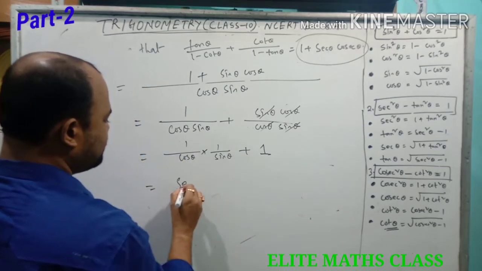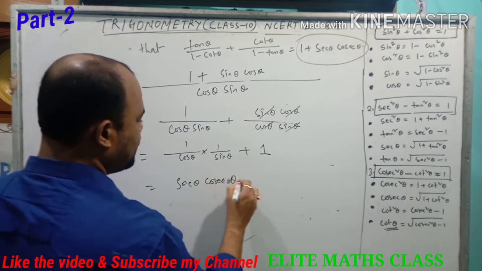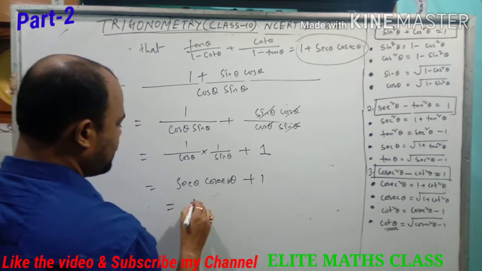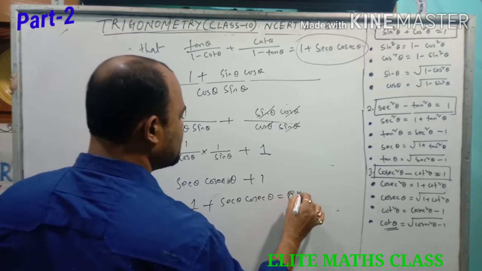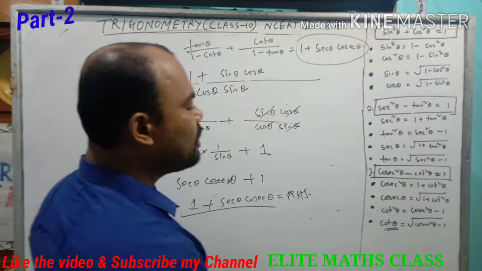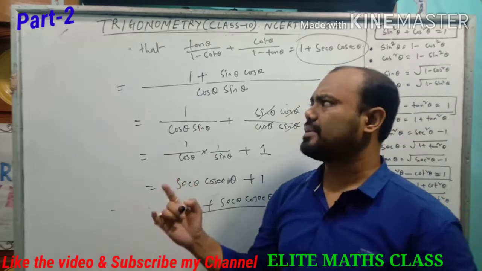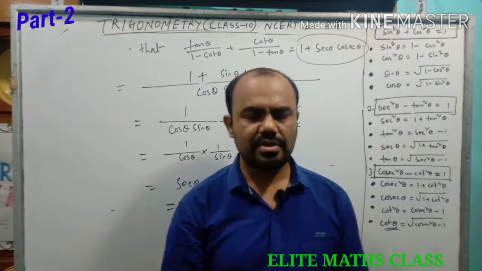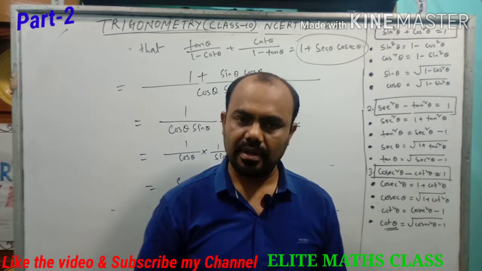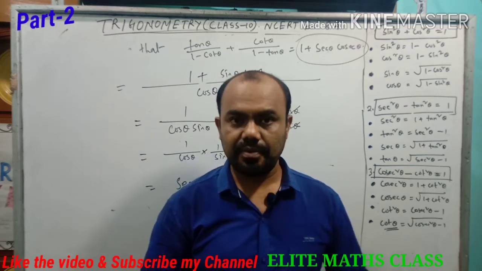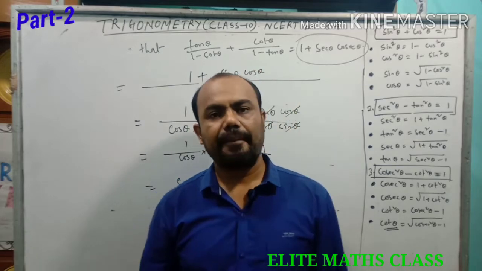Now 1 by cos theta is what? Sec theta. 1 by sin theta is cosec theta, plus 1, just rearranging: 1 plus sec theta cosec theta. See the RHS part, this is the RHS, so it is finished. This one is a little bit lengthy, but nothing complex is there. The first and foremost thing is that you have to memorize all the formulas of trigonometry, that is the identities, complementary relations and the reverse reciprocal relation, etc. All this you have to keep in mind always, then these type of problems will be very easy.